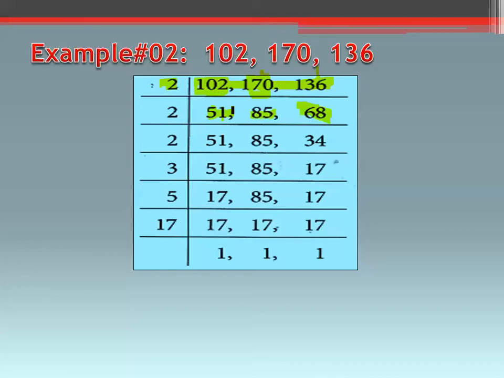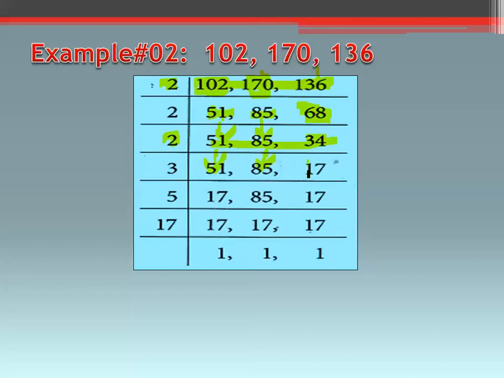It's okay, 51 cannot be divided by 2. You can copy it down as it is, and also 85. Just simply divide your last number, that is 68, by 2. And it is very easy. 2 into 3 is 6 and 2 into 4 is 8. Here you will get your quotient 34. And if you look very carefully in step number 3, here again 51 cannot be divided by 2, 85 cannot be divided by 2, but 34 can be divided by 2. So you will again pick your next prime number, that is 2. Again, copy 51 as well as 85, and divide 34 by 2.